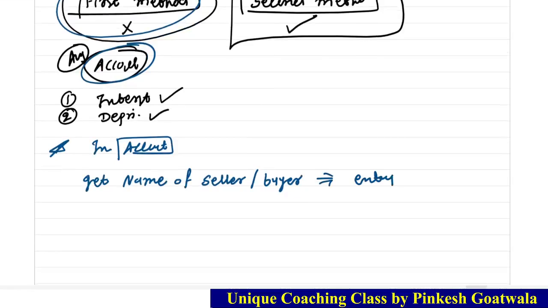In simple language, the name is given, but in accounting terms it is an entry. If you get the entry of seller and buyer in the account, whatever account they give, remember normally it will be a machinery account, an asset account. So in asset accounts, if you get the entry of the name of seller and buyer, remember that the amount given